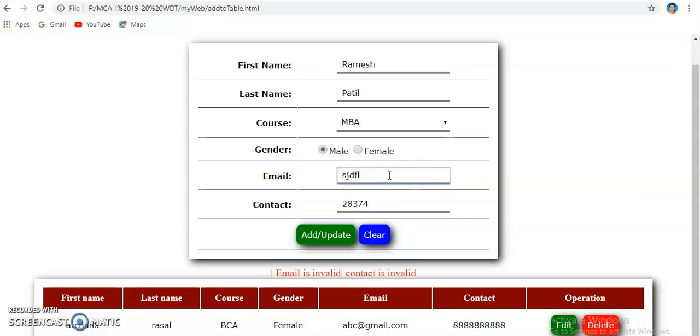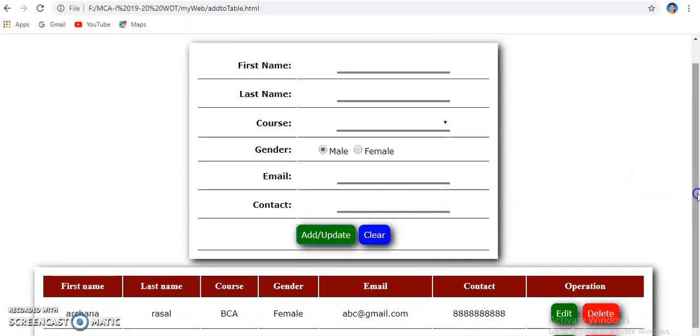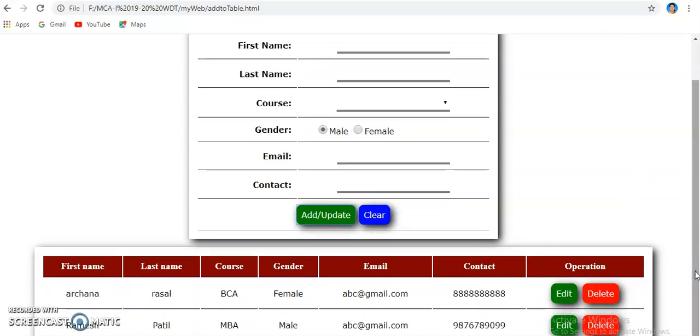We need to give a correct email ID like this, and then after clicking add, the contact also needs to be given correctly. If all of the details are correctly given, then only the record will be added into this table.